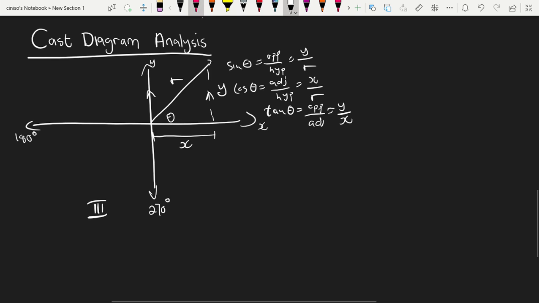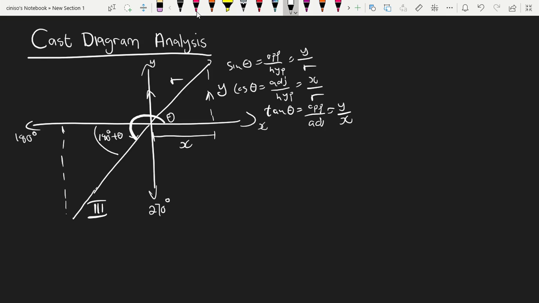So looking at this quadrant here, if we were to identify the angle, it's going to be from here, 180 degrees plus theta. So here would be theta. So plus theta, meaning that it's 180 degrees plus theta, right? If you are going to draw it nicely, let me draw it nicely. So this is 180 degrees, 180 degrees plus theta. This is the angle, and this line here extends like this,